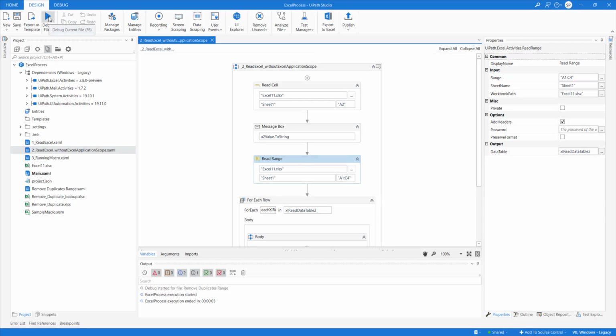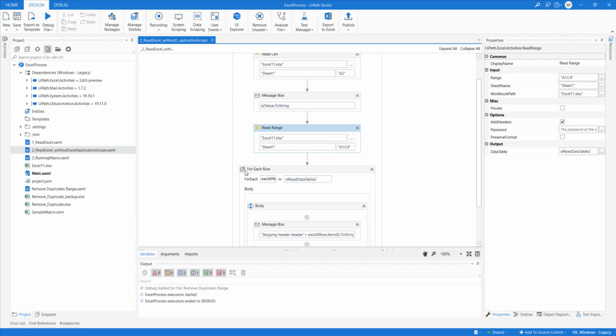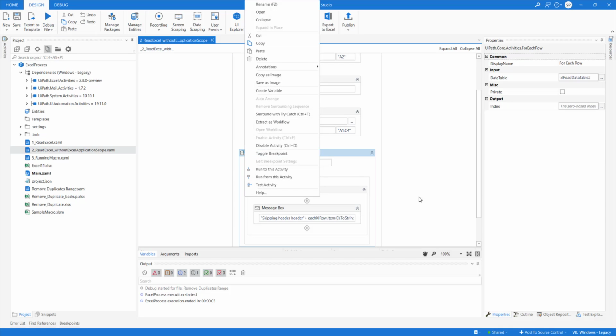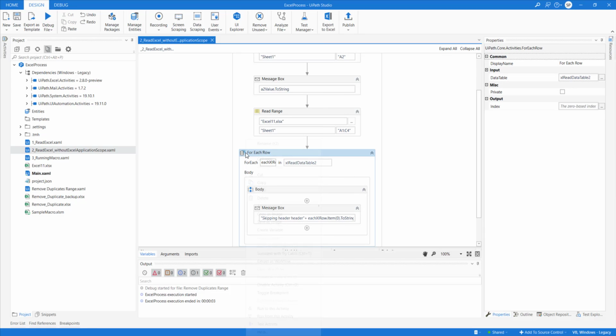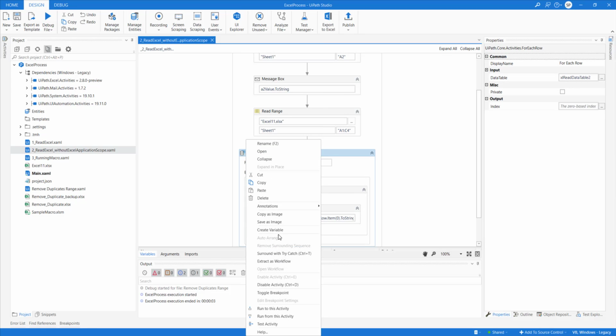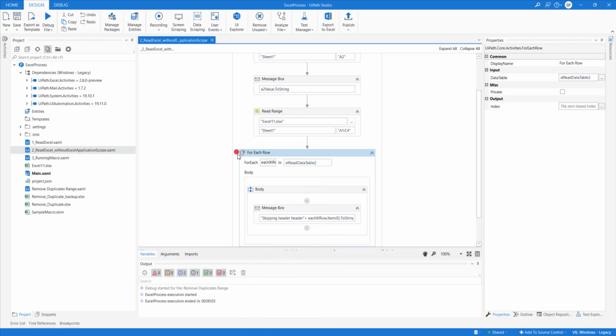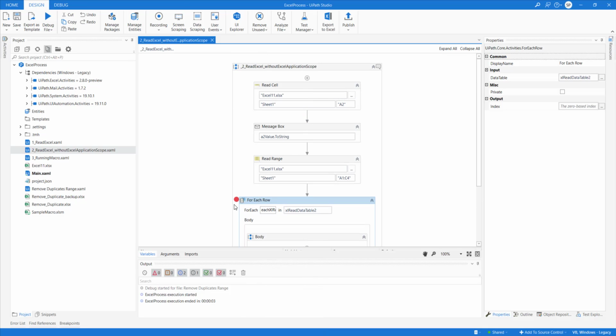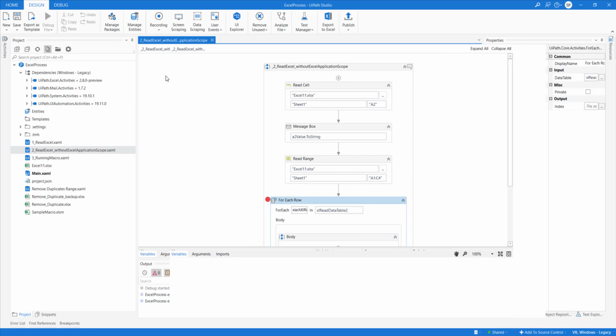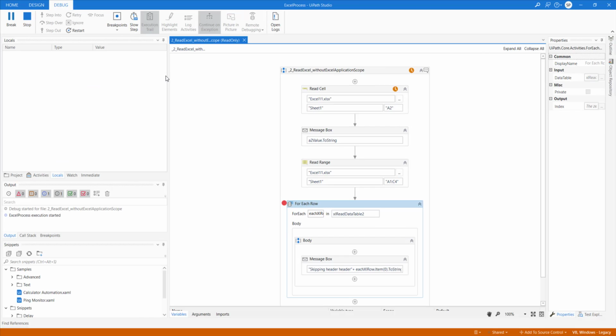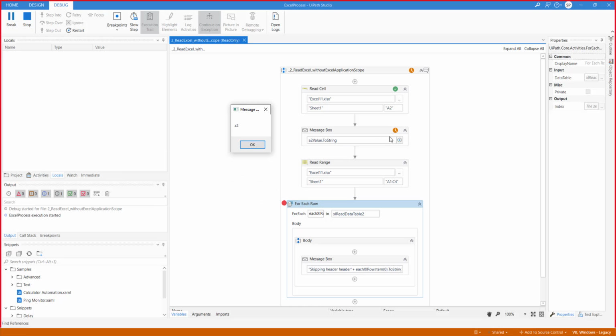example. Okay, so I'll put the debug value here so that you will get to know how it is coming. So let me toggle a breakpoint. So I have toggled a breakpoint. So execution will come here and it will stop for me to perform certain operations. So let's debug the current file. So now it is here.